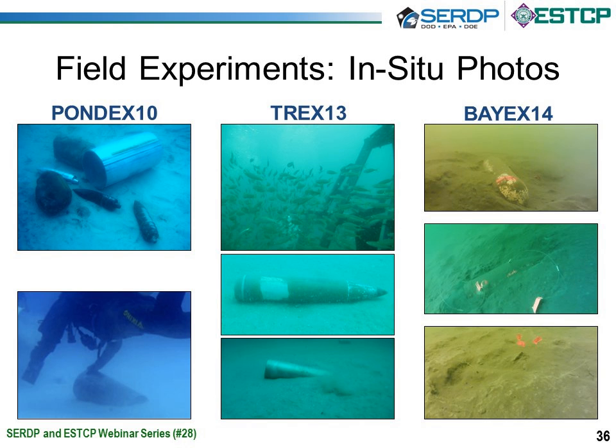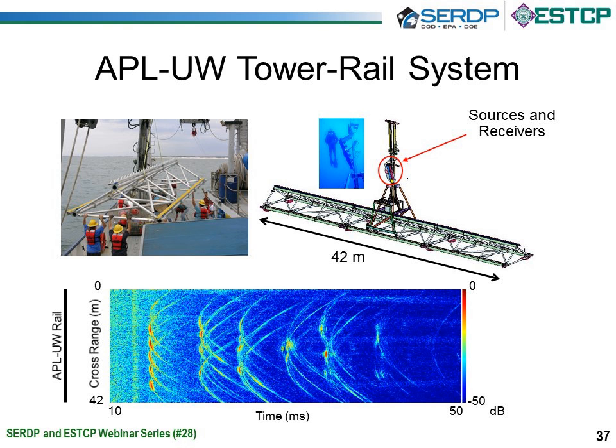In T-Rex 13, we could keep the targets proud frequently just because it was on sand, but we had a different problem, which was that we had a huge number of biological organisms. This is because of what's called the artificial reef phenomenon, where if you have a flat, featureless sediment in the ocean and you put down some large structure, biological organisms will flock to the structure for protection because it's like an artificial reef. And so we had lots of fish surrounding the sonar tower, which posed some challenges for the signal processing and subsequent steps.